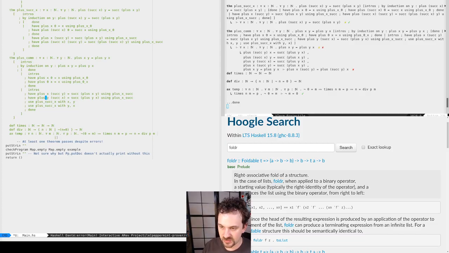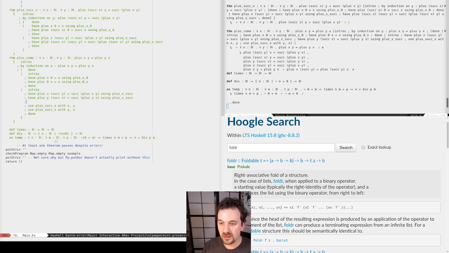I'm going to do something actually, but I'll change it in a second. Here, because I'd rather be mechanistic for the time being, sucks y equals sucks plus y plus xy using plus x sucks plus sucks x.